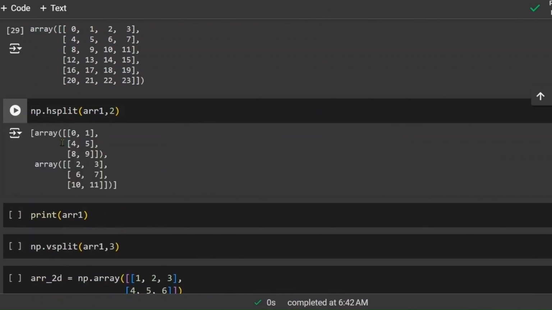The reason is it is a 3 by 4 matrix, so it has four columns and we are splitting it vertically. So what has happened is essentially, if you look at this, this was the array, right? It has split over here into two parts. That is 0, 1, 4, 5, 8, 9 as one part, and 2, 3, 6, 7, and 10, 11 as the other part,